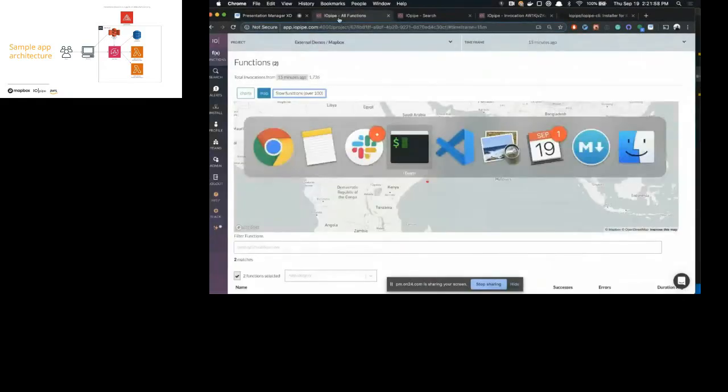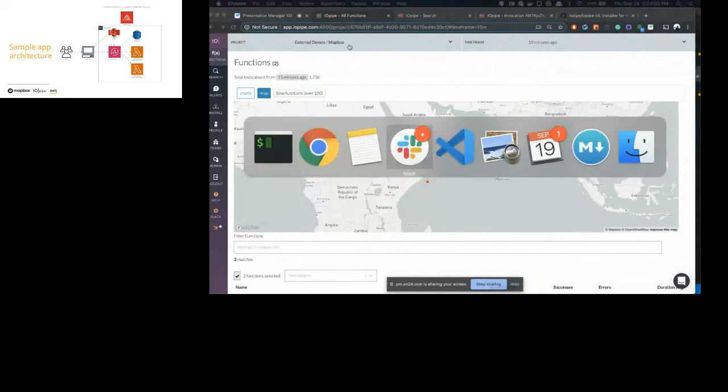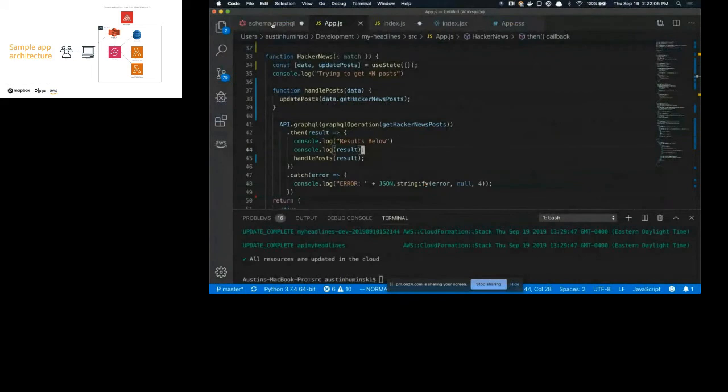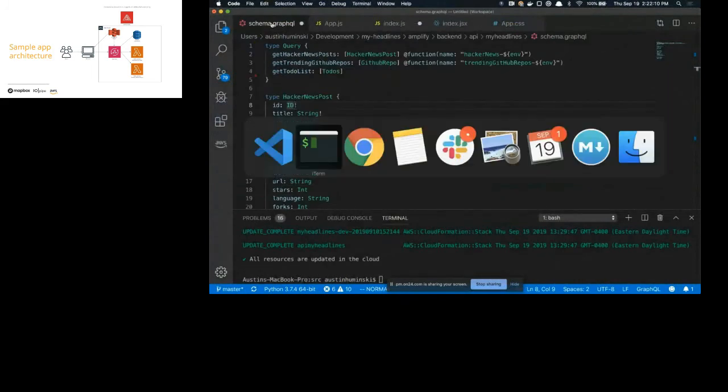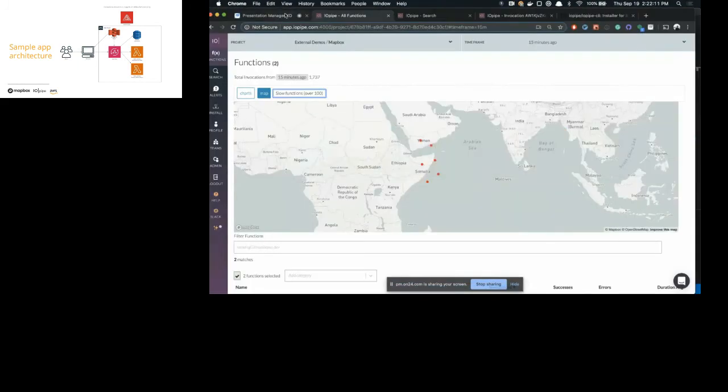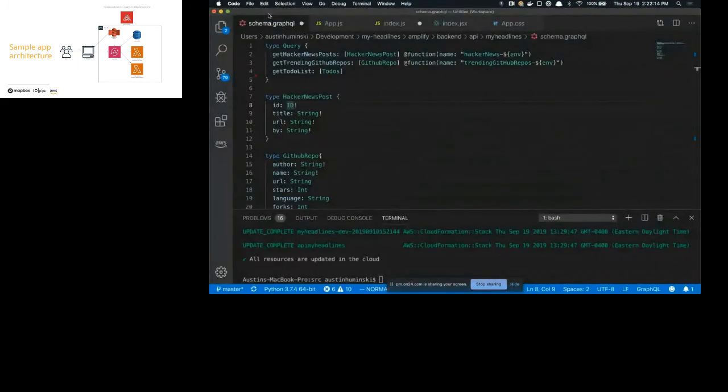So Austin, while you're bringing that up, would you mind setting the stage of the scenario we were talking about? What are we assuming here is happening? Is this a static site? Is this a bunch of just pure Lambda backends? What's the context for the problem we're going to face here?